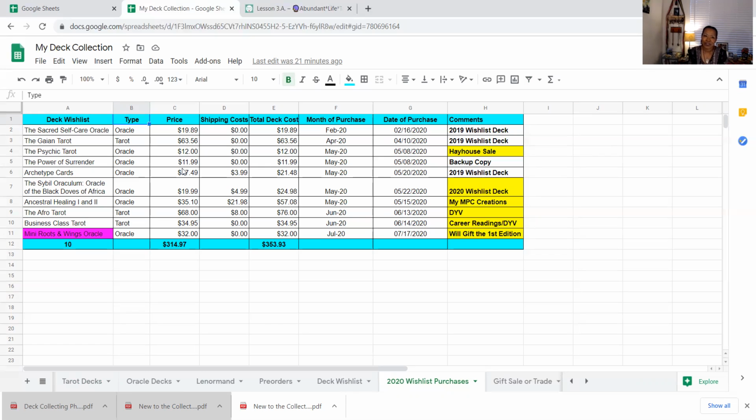Over time though, it feels like we give our folks so much conflicting information, but it's a personal thing. And you just got to have the tools at your disposal to get to your personal deck collecting philosophy, so that way you feel confident about the purchases you're going to add. So that's right. The question was, when should one begin to keep a wish list? Well, when they know they're going to start collecting, when they know that they've moved past the third deck, so now probably it's time to start tracking.